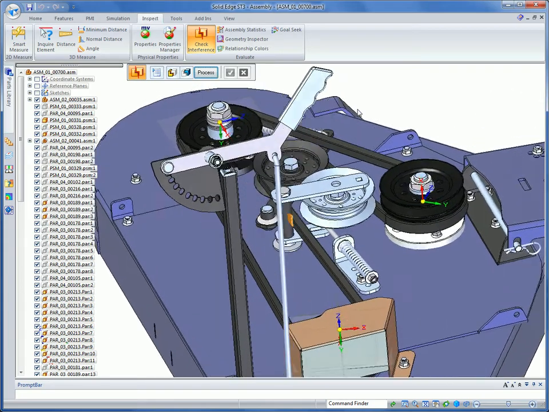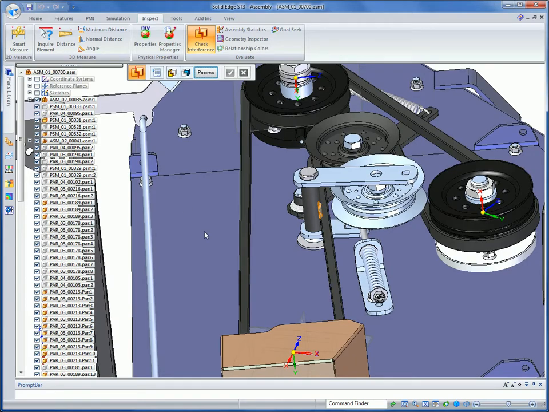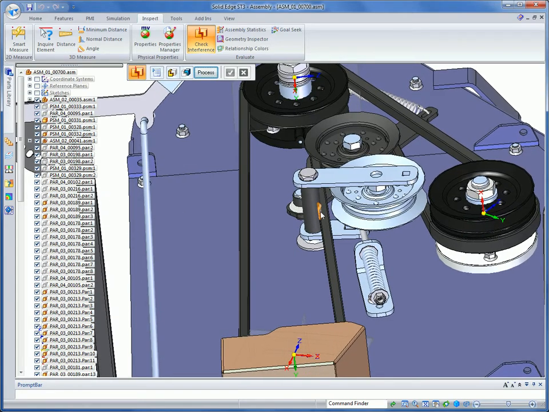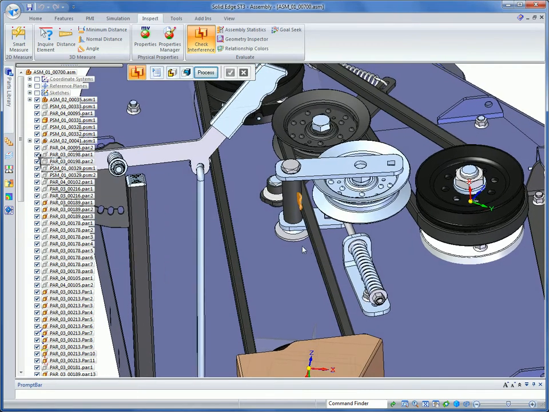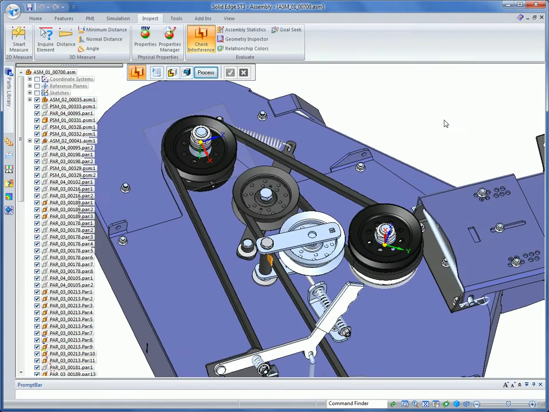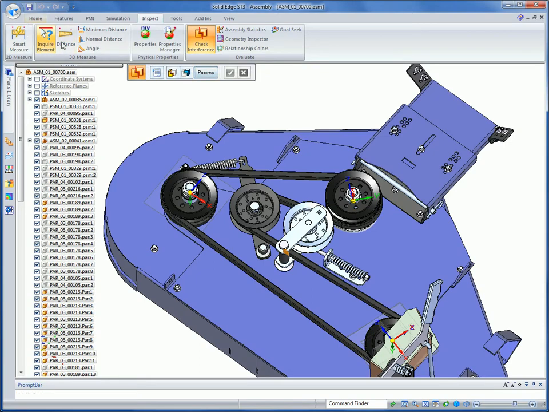And here I pretty much know what I'm looking for, so that's the area that I would like to make a change. Now, how would I go about making this change? Especially if this was a three-dimensional parametric system. I would need to either drive the location of this hole or drive the length of these different components, or vice versa. But since this is a synchronous model, what I can do is